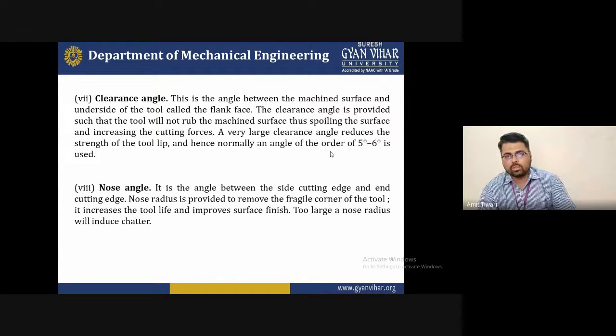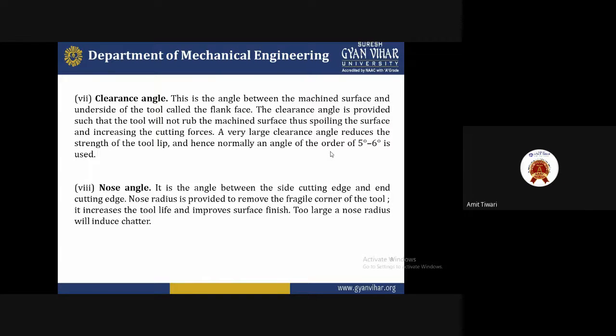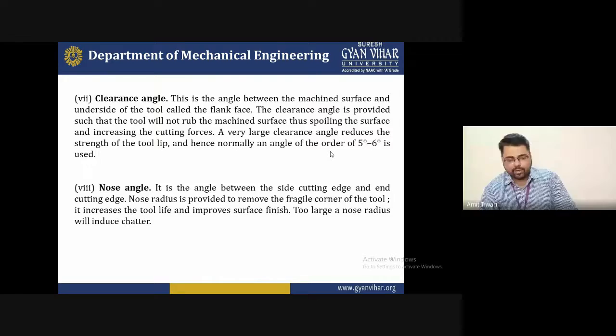So these are certain types of angles required for a special purpose, to avoid reducing the strength of the tool tip. For preventing that, 5 degrees to 6 degrees is required, and within this range we can find good machinability. Below 5 degrees and above 6 degrees it is not required, and it increases the surface friction. So with respect to the workpiece material, the tool clearance angle is 5 degrees to 6 degrees, which prevents the tool from easily picking up material from the workpiece.